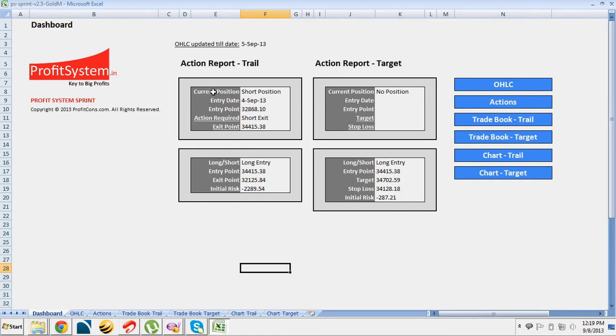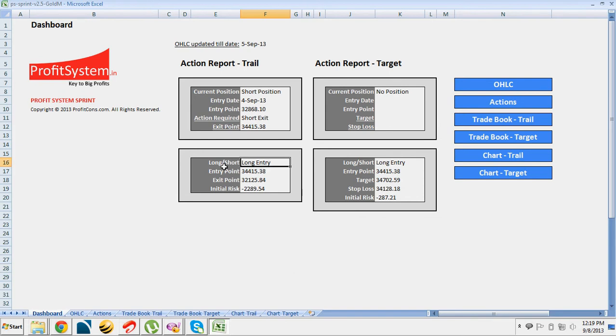If you already hold a position, for example, if you have installed this software about 1 day back and you have not taken any position and you want to take a fresh entry, just look at the second box which in this case is showing you the long entry.